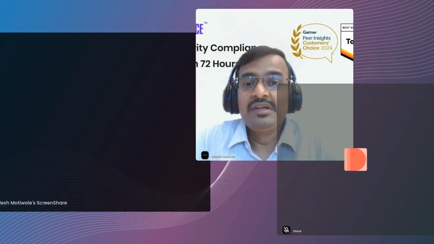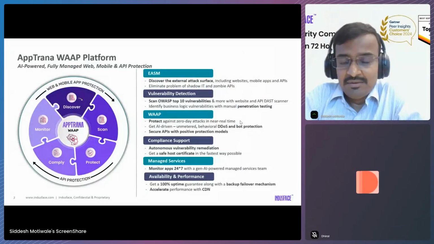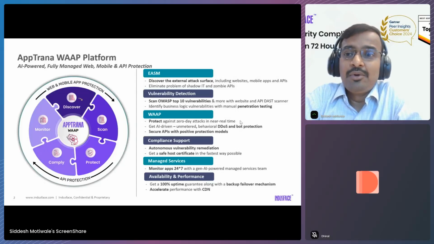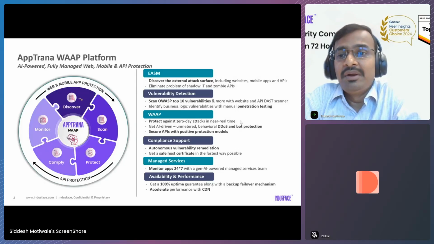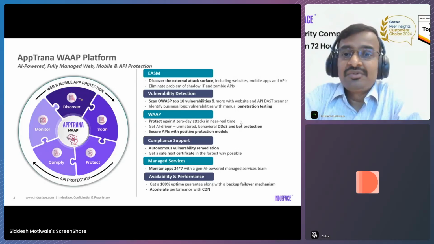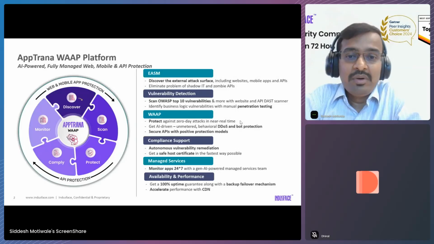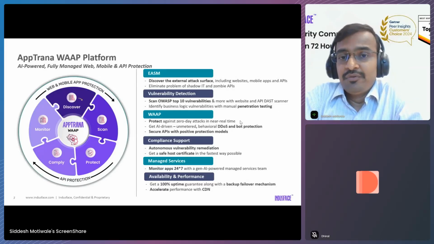Through our manual pen testing team. Again, the manual pen testing team is certified and empaneled. So we are an authorized auditor to conduct manual pen tests for web applications, APIs, as well as mobile applications. That is the unique proposition that we bring, that with the help of a risk-based approach, we